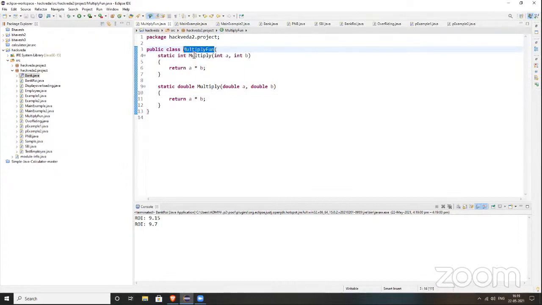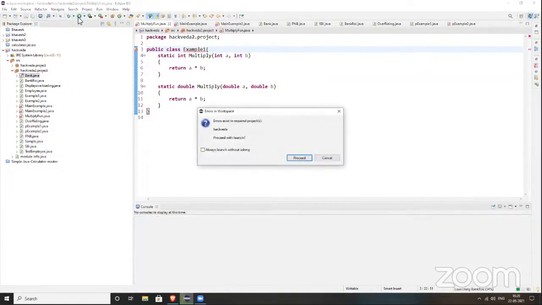See, if I change it to example one, it will prompt me. Now it will give an error. So just rename the type, because here you have given the file name as multiply fun, right? Yes. Okay, let me check on my system, because I need to check once. I don't remember exactly now, but let me check. See, it is saying error exists.